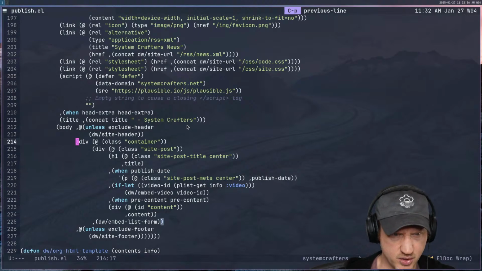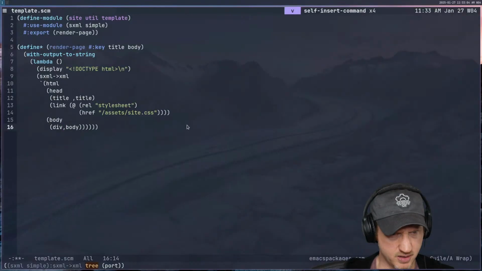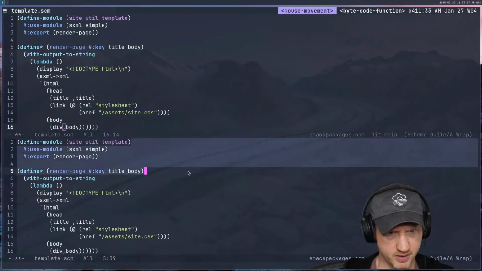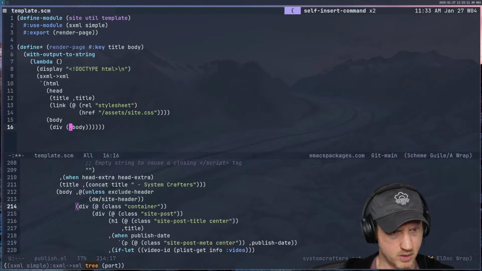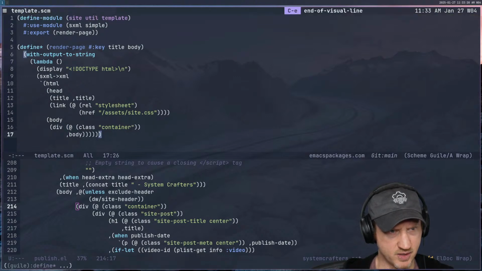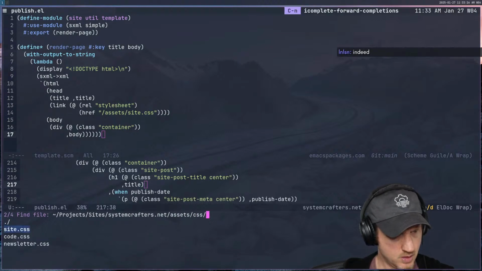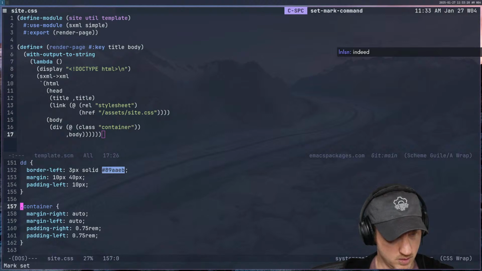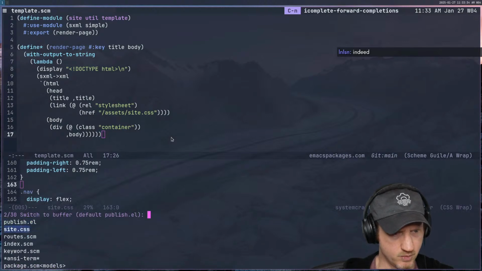So div class container, I've got all this sort of extra stuff. So probably do need at least that. So inside of body div, and let me split the window a little bit here so I can take a look at what I did before. So class container, then we're going to drop the body inside, at least for now. We need a way to... margin right auto, padding left, padding right, cool. So we can drop that over in our CSS. Just need a way to make the site